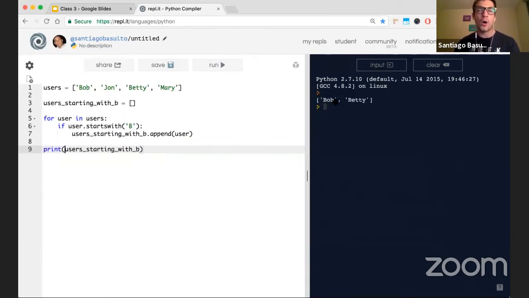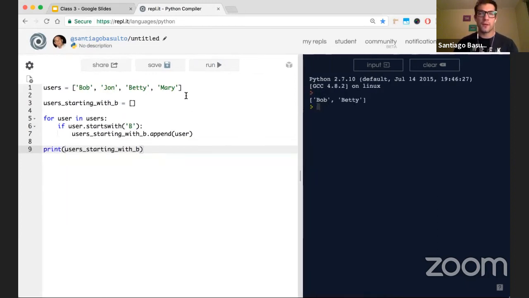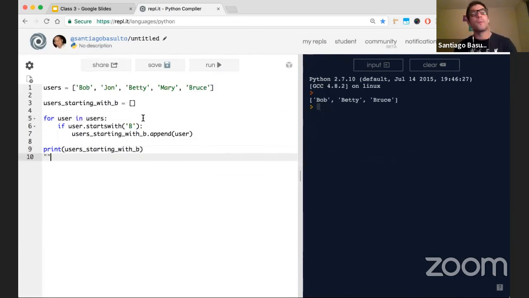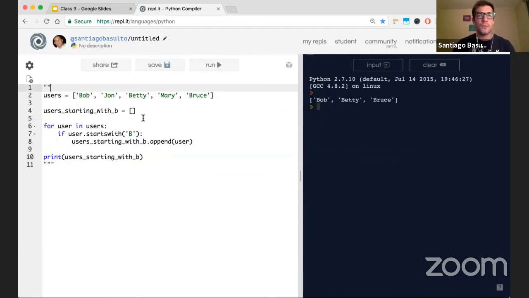There you go, we have Bob and Betty. I'm going to put here Bruce. There you go, we have one more element. So again, we will be iterating over each one of the elements. I know that many of you will be tempted to do something like,